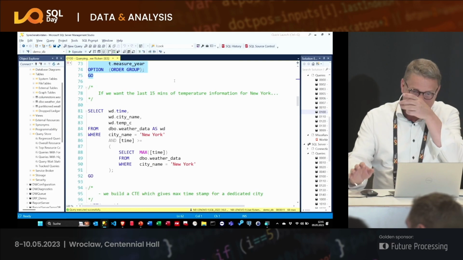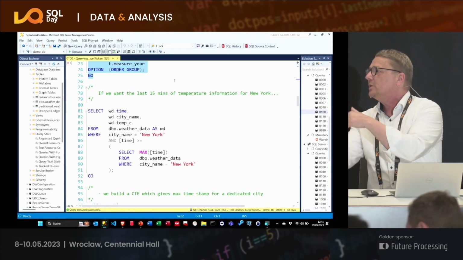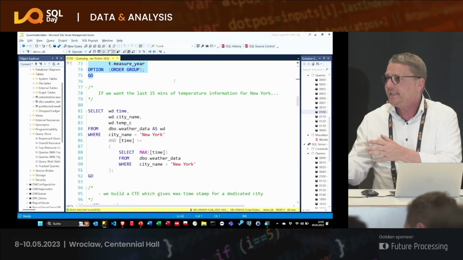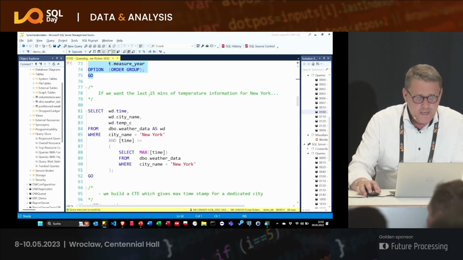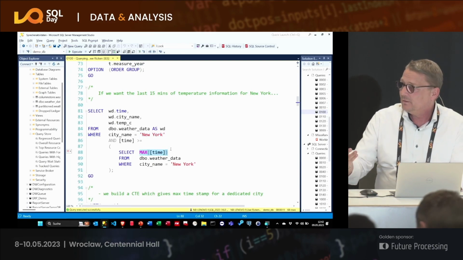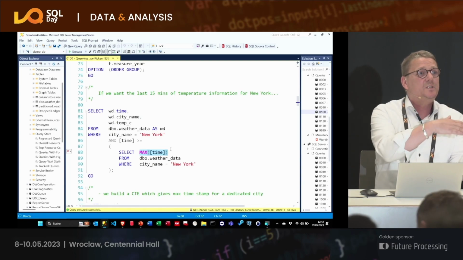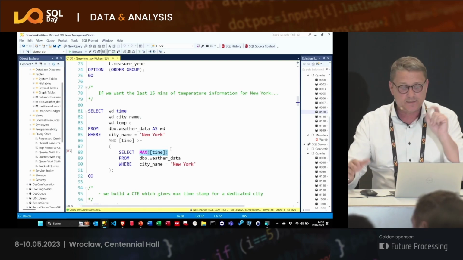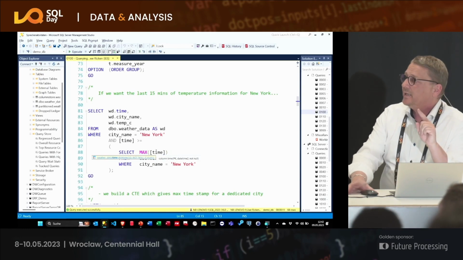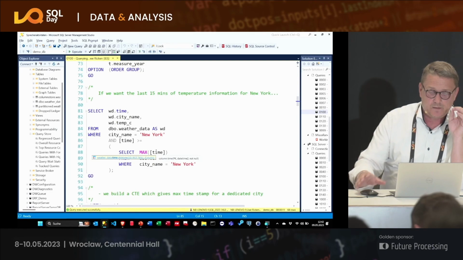It's closed, okay. Where I said, okay, give me, Sammy, how much power I have produced in the last 5 minutes. That's exactly the same. So think about this. This is my photovoltaic thing, and this is the last measure. And I want to go back 15 minutes so that I see the last 15 minutes. The index is on the city name and then on the time. The reason is very simple here.